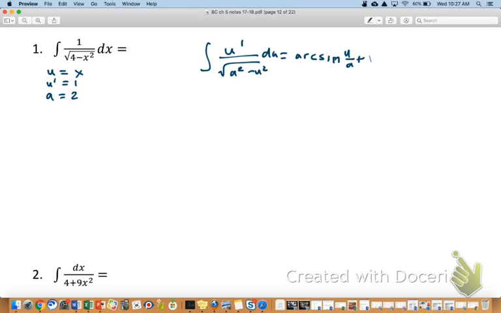And so you're just asking yourself, is the numerator u prime? Because we know the denominator fits the pattern perfectly, right? But does the numerator fit the pattern? For the first time in a while, Timmy didn't mess this up at all, did he? There's no mistakes. So I think we can immediately jump to the end and say the answer is arc sine of u over a plus c,